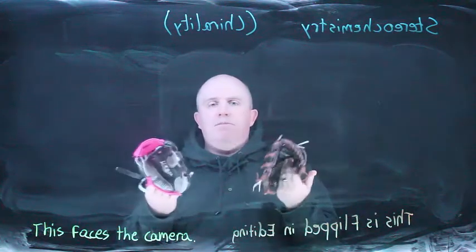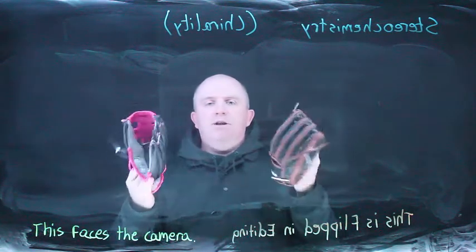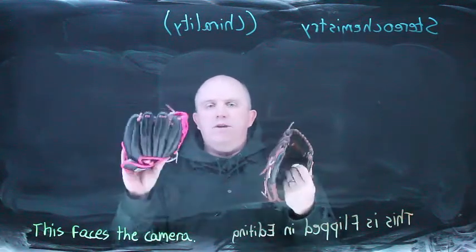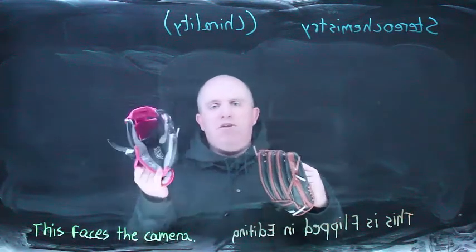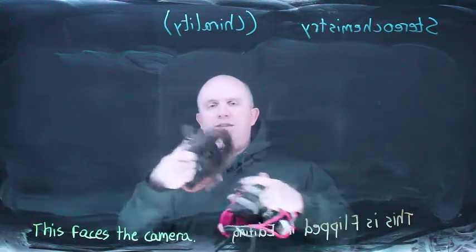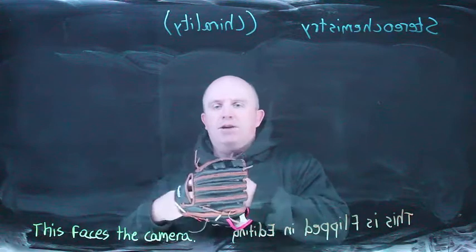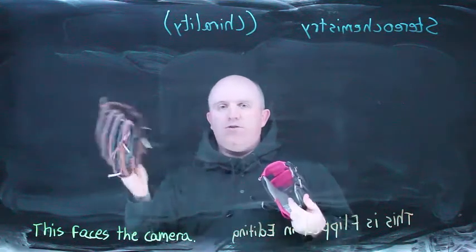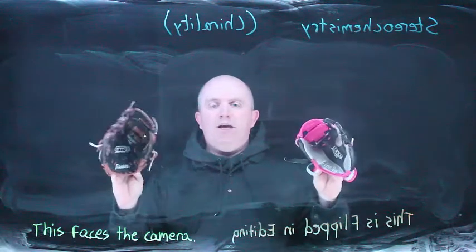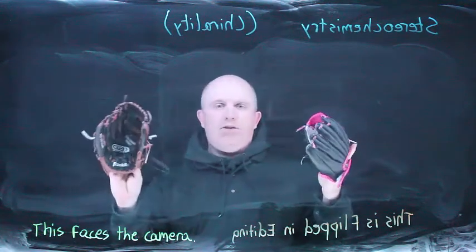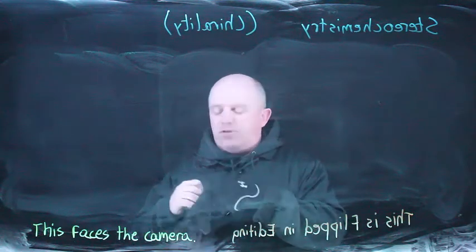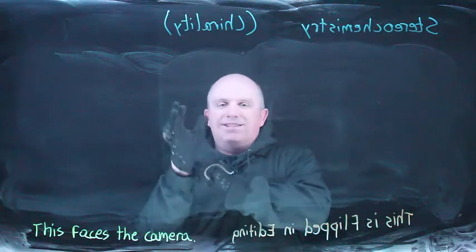Here, I have a couple of baseball mitts, and you will note that the baseball mitts have handedness associated with them. This is the kind of mitt that will fit on my left hand, but won't fit on my right hand very well. This is the kind of mitt that will fit on my right hand. Well, it would if it wasn't for a 4-year-old. But because the mitts have chirality inherently, they only fit on one particular hand. And the same idea, of course, goes with the winter gloves. If you put the winter glove on the wrong hand, it won't work the way it is designed.